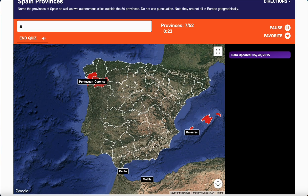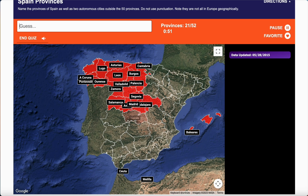Pontevedra, Ourense, A Coruña, Lugo, León, Asturias. We got Cantabria, Burgos, Palencia, and Valladolid, Zamora, Salamanca. Let's get Ávila, Segovia, Guadalajara, Madrid, Toledo, and then let's get Álava, Vizcaya, and Guipúzcoa. And we got Navarra, we have Zaragoza, let's get Soria, and then La Rioja,